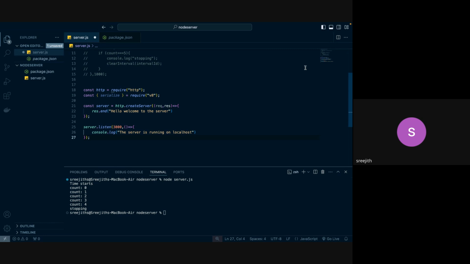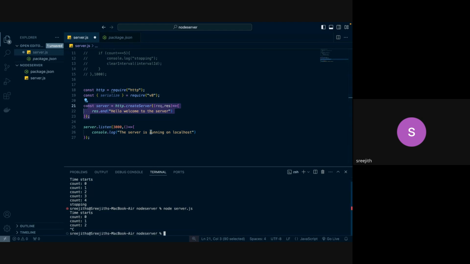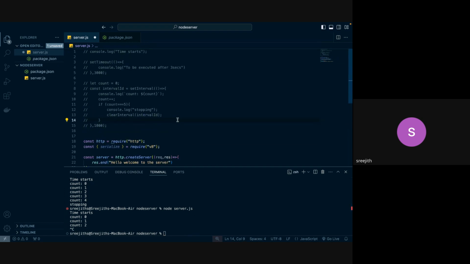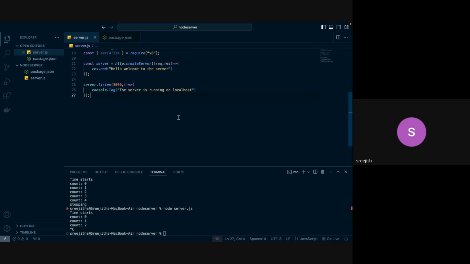Okay. So the thing is, all good. We are now running a server on localhost port 3000, which actually returns this response. So if I just simply run this thing, I just again forgot to save the file. Okay, now if I run this again,